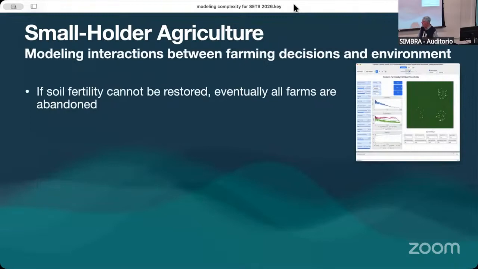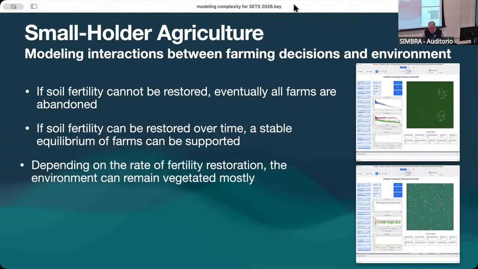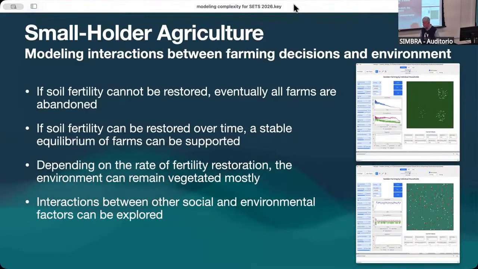So it turns out that if you can't restore fertility, eventually all the farms get abandoned. Well, that makes sense. Over time, if the land plays out, you can't farm there. And you could take it two ways. You could say everybody moved away, or you could say everybody died. I kind of think about everybody moved away as a little bit kinder and gentler way to think about it. But if it can be restored at some level,